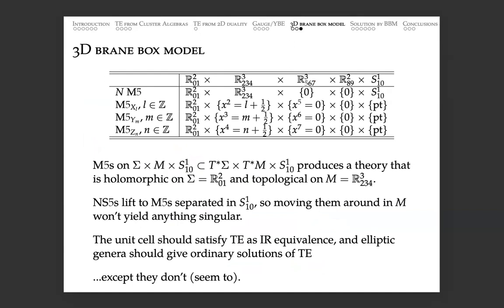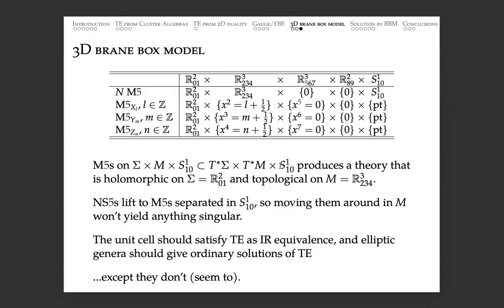There's actually a structure of three-dimensional topological quantum field theory in this R^3, in the 2, 3, 4 directions. And these NS5 branes, well, I lifted everything to M theory, but those planes become topological defect surfaces, and then you can move around these topological surface defects, and go from one side of the tetrahedron equation to the other side. So it seemed like everything that I said about the two-dimensional gauge/Bethe correspondence should work here.